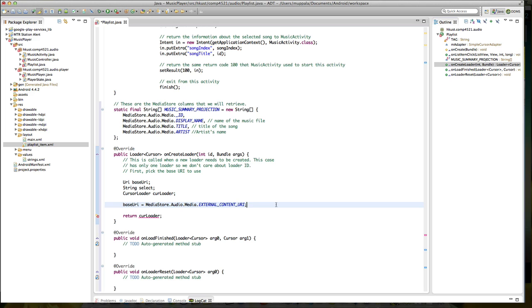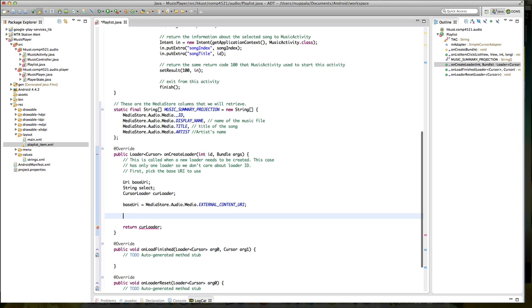So that's why we make use of that URI. Now I'm going to create the cursor loader and return it so that